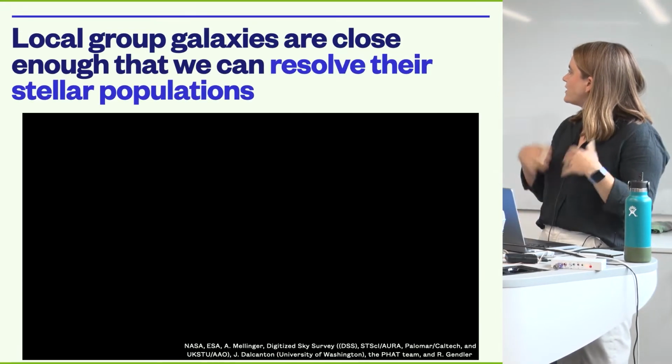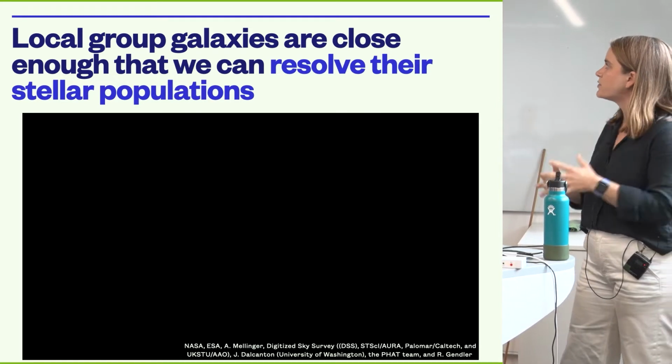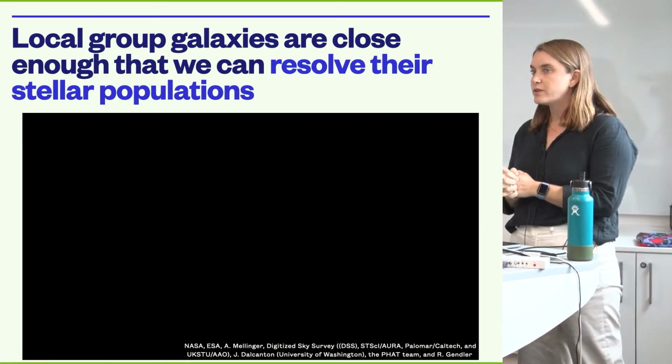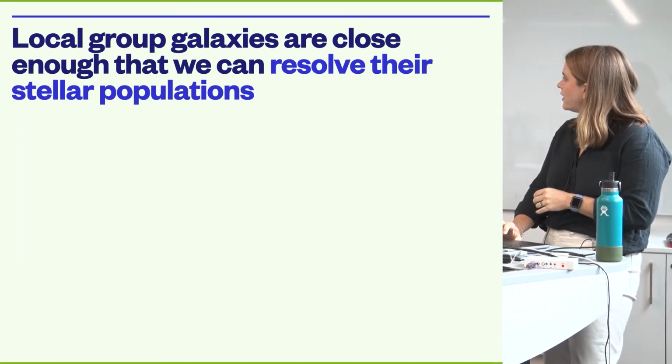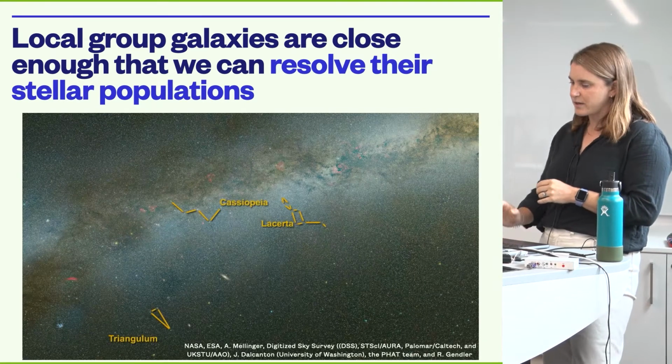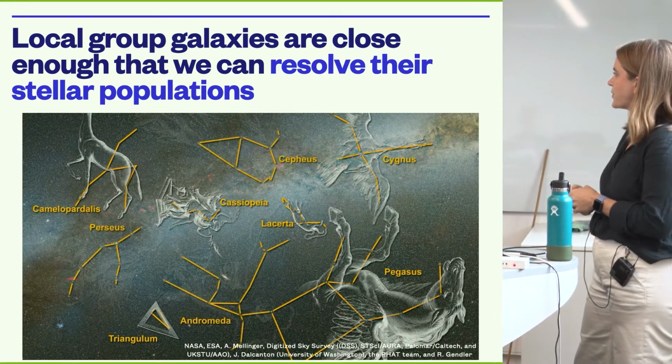Local group galaxies are a great place to do this kind of work because they're close enough that we can actually resolve their stellar populations. So I'm praying that this movie will work, okay? This is a video that is part of the FAT survey, which I'll talk about more in a second,